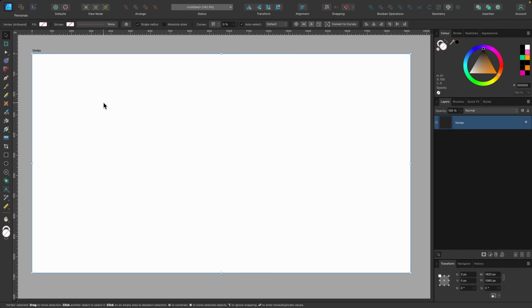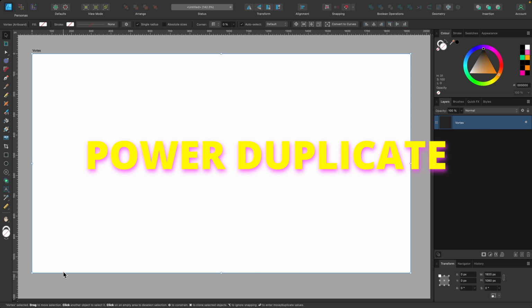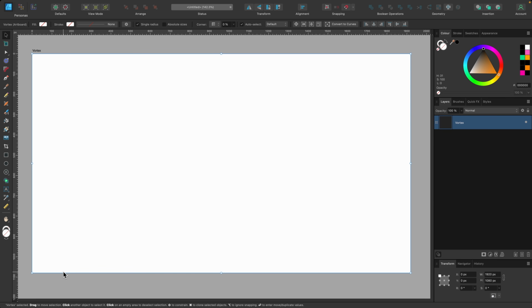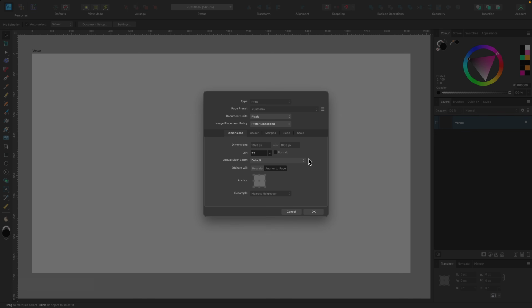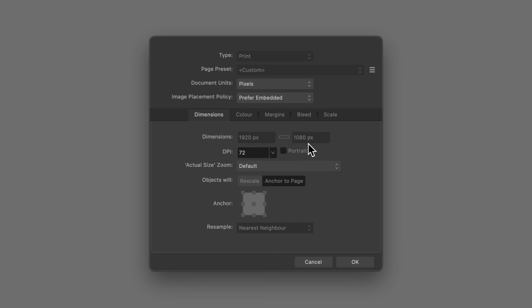Okay, we're ready to begin. A couple of things to note. Any shortcuts you see will pop up in the bottom left-hand corner. I am using a Mac, so any Windows equivalent I will try and stick in the description. And for those of you who are following along with me and you just want the same setup that you see right in front of you now, it's always the same, 1920 by 1080 pixels, and I'm using an artboard.